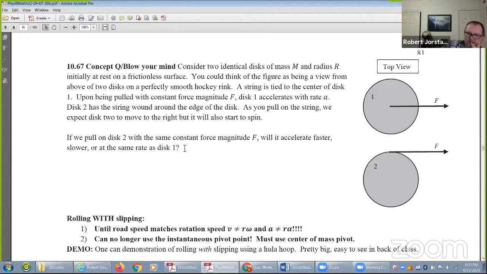Okay, so they have the same mass. One of them is being pulled with a string that's wrapped around it. Let's see what we see. Same. Don't overthink it. They have the same force, they have the same mass, they have the same acceleration. And if you don't believe me,